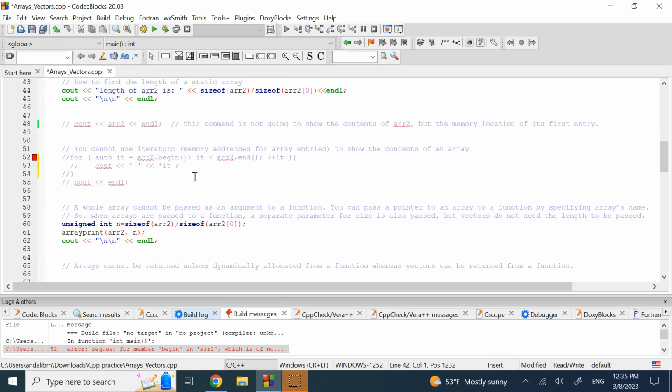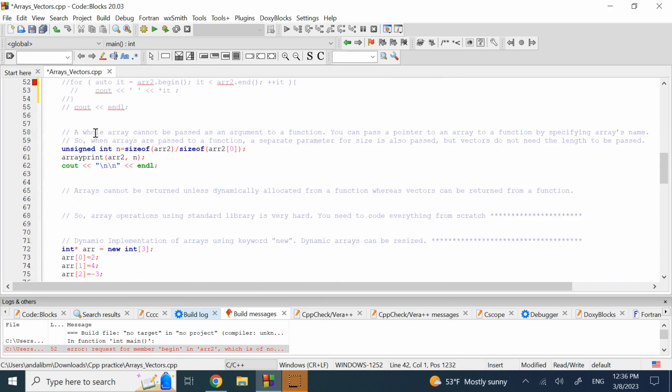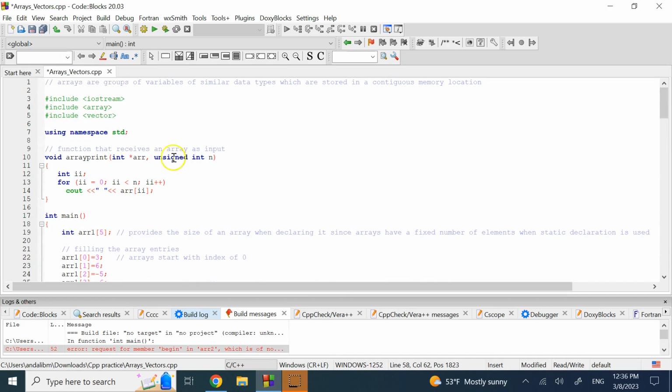So in general, with static arrays, you want to resize it, you cannot resize it. There are too many limitations when you use the basic static array. So if that's not enough, I'll give you more limitations. One of the other limitations is if you want to pass an array to a function, like the function that we had on the top, let's say I just want to use this function to print the contents of that array for me. It's not enough to just pass the array. You also need to pass the length of the array to that function. Otherwise, that function is not going to be able to